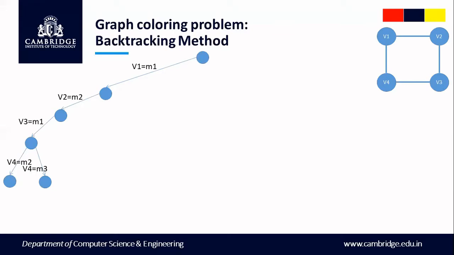So our state space tree will be drawn in this manner. The edges here are indicating the coloring type, which coloring type we have followed for the vertices. And each of these nodes is telling us the status. So we start with the root, which is nothing but the empty state, where we have not assigned any color. Then we start assigning the color. So this is the state where we have completed assigning color for V1. This is the state indicating V2 we have completed, V3, V4, and so on.